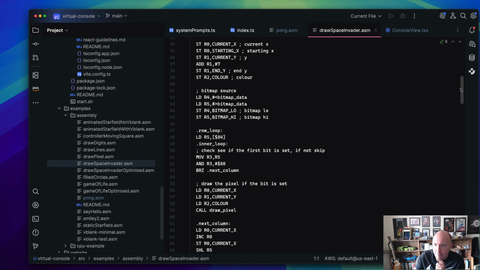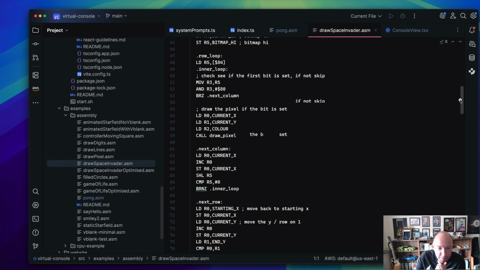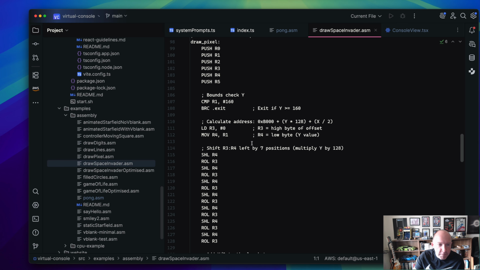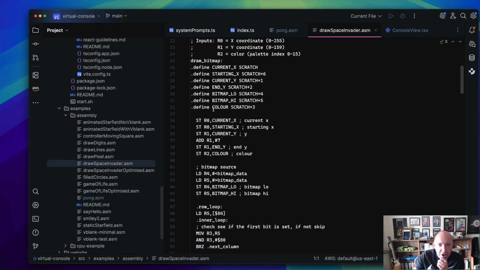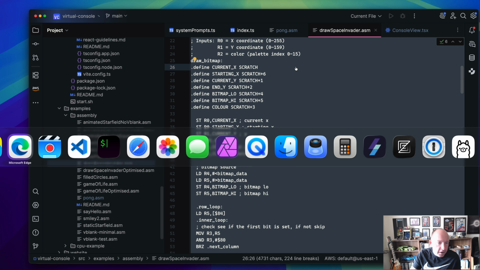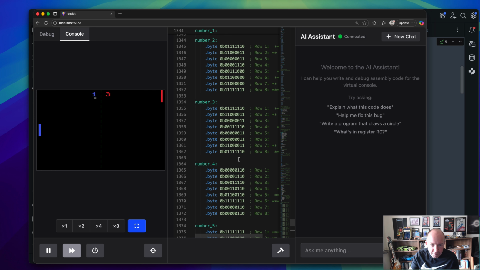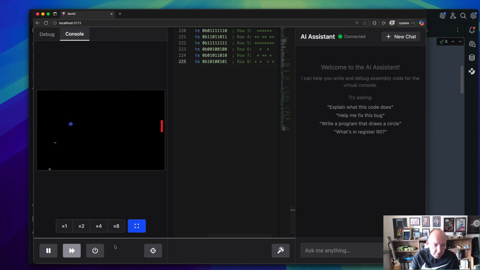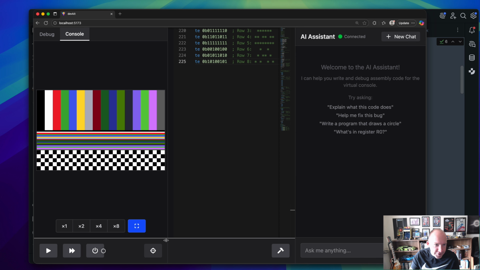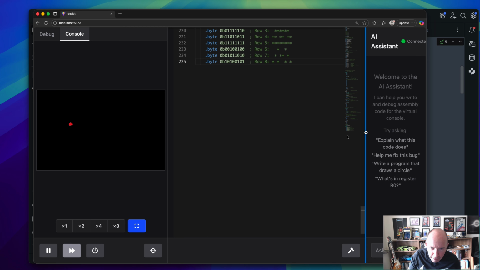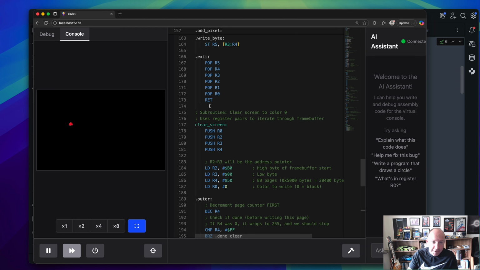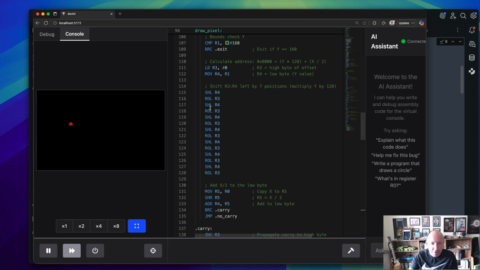Fine, just go away. So I took the draw pixel that we've already got, that's in the previous example, and I essentially hand coded this assembly in here. And if I go to our console, I'll pop that in here, assemble. Of course, I need to reset the console, that's going to go crazy. Assemble and run, it draws the Space Invader. So I wrote this by hand basically. I wrote from this sort of block of code,